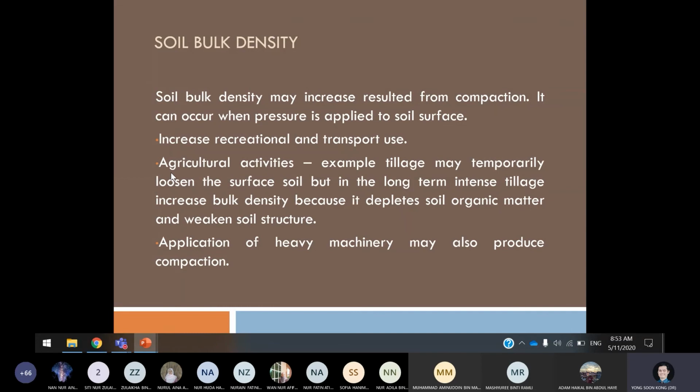Now, I think I've explained to you earlier why this is so good for agricultural activities, because the air is needed inside for healthy growth. Now, if a soil does not have a good bulk density, traditionally tillage is required. Tillage, in Bahasa Melayu, we call it membajak. Membajak means you have a kerbau, and then you have somebody with the tools, and then you bulldoze the soil column so that you break them apart. So soils are hard. Farmers previously broke this soil, tilled the soil to make it softer and allow healthy germination of